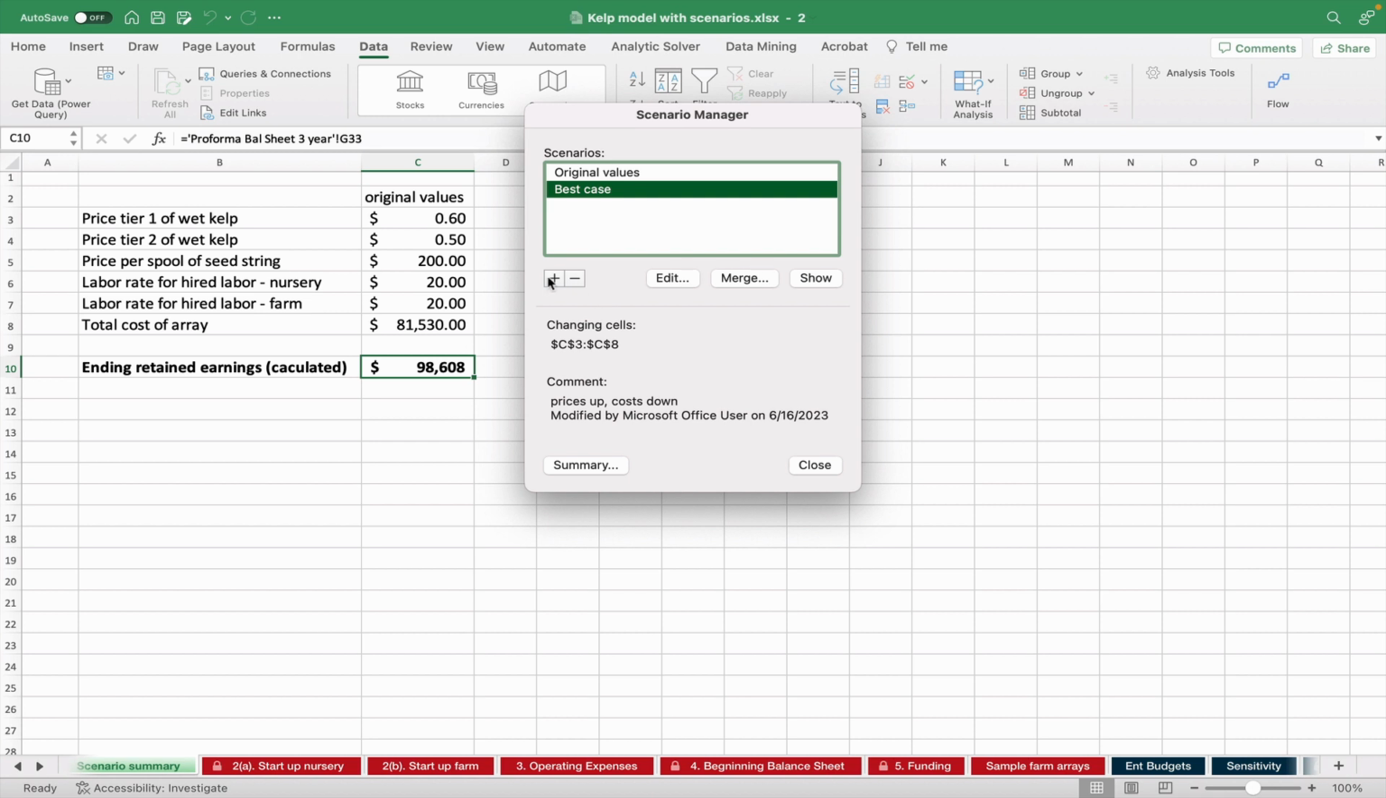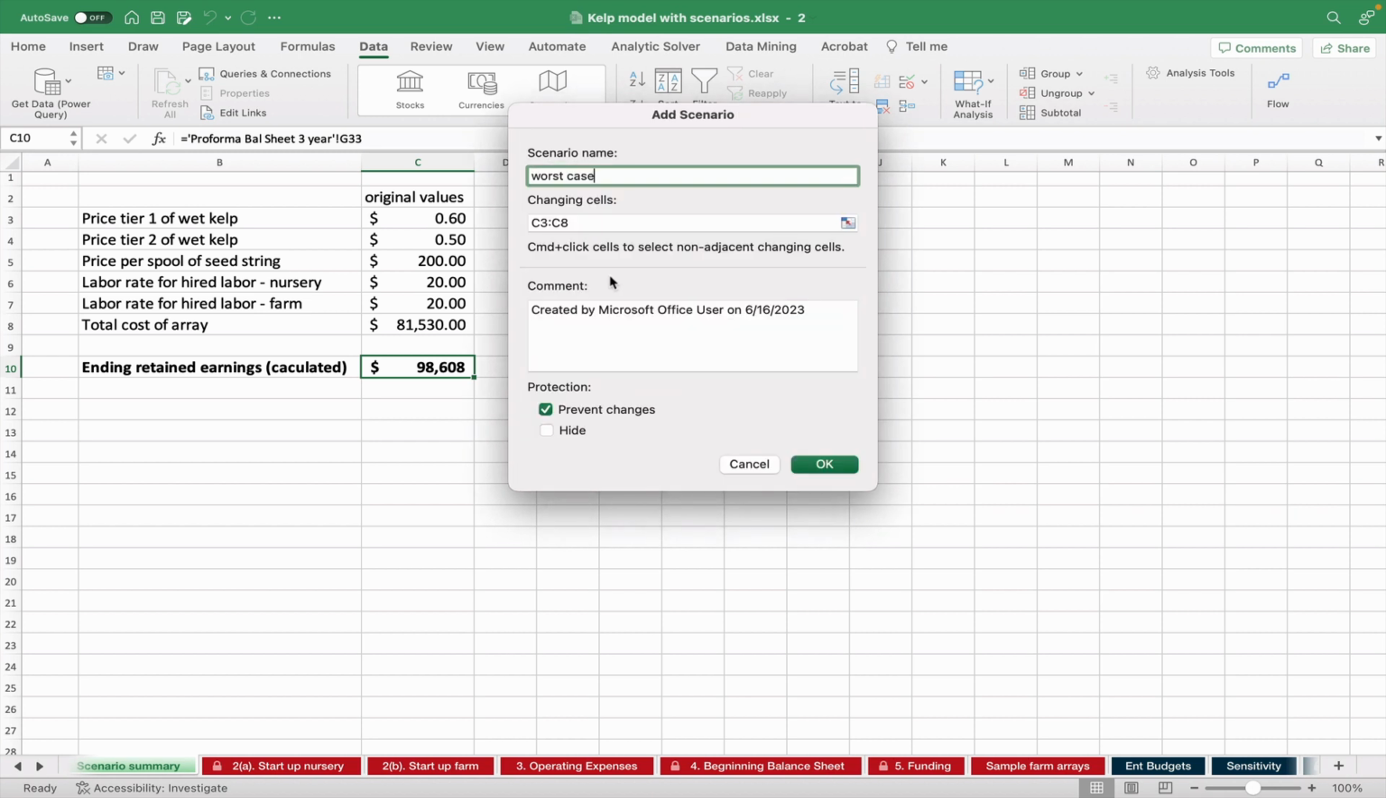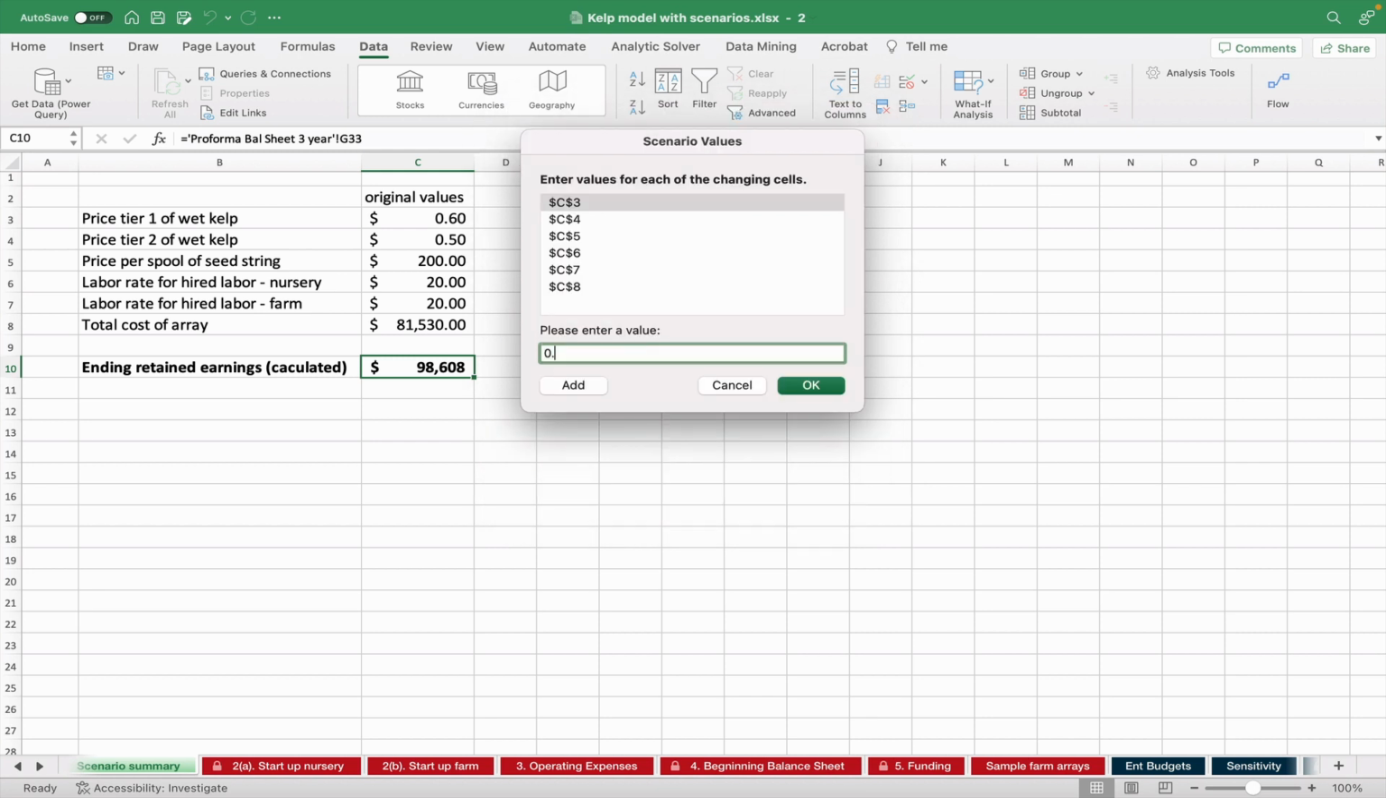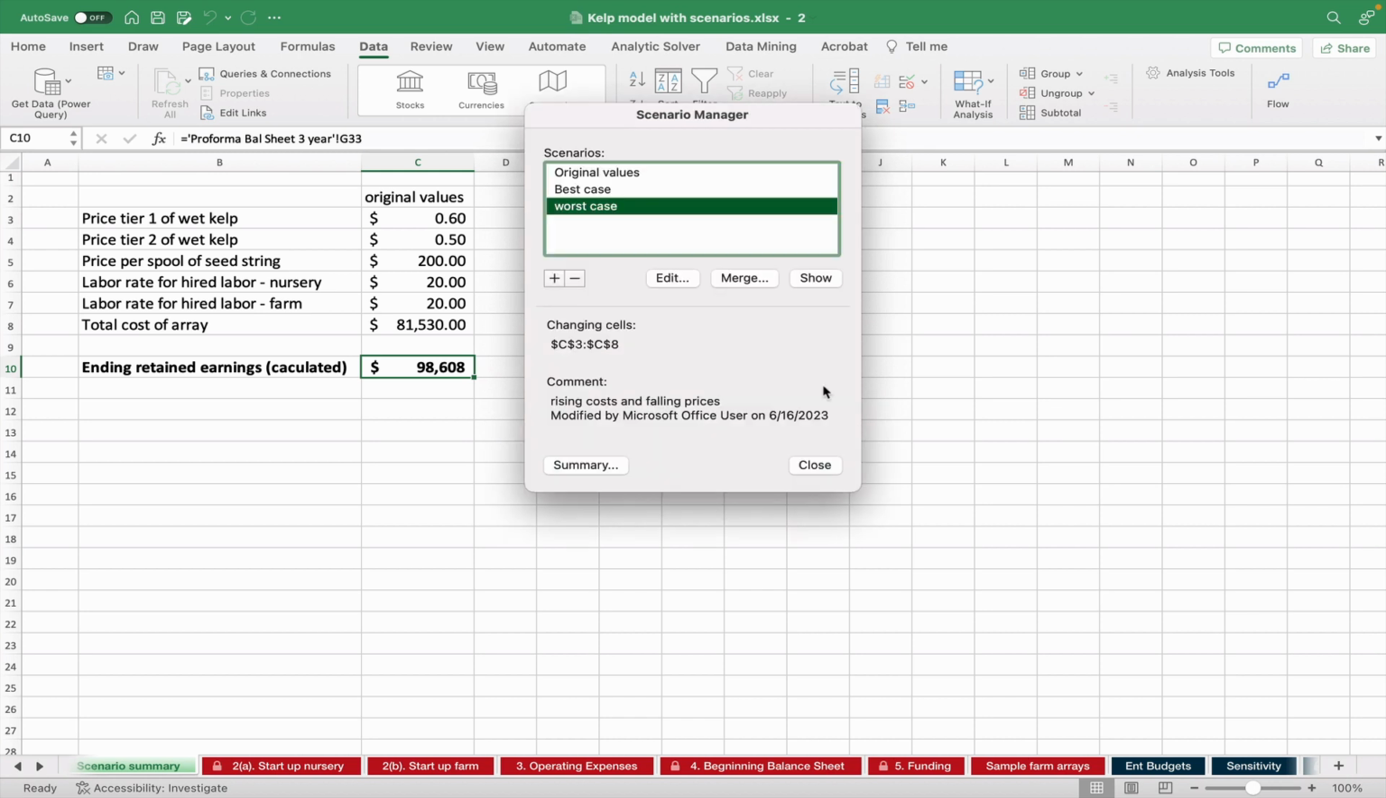Okay, and then you can have another scenario, called worst case. Our worst case scenario can be rising costs and falling prices. Here our price for kelp can fall down to 45 cents in the best tier 1 and 35 cents for tier 2, and our price that we get for a spool can go to $50. And then our cost for labor goes up to $25 for both farming and the nursery, and our total cost for the array can be $85,000. Okay, now